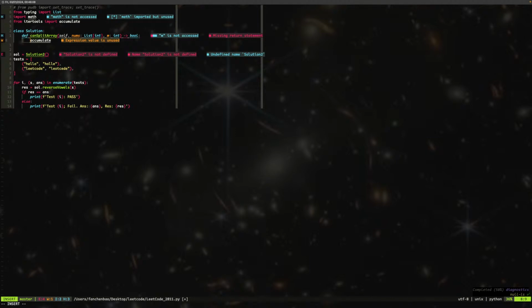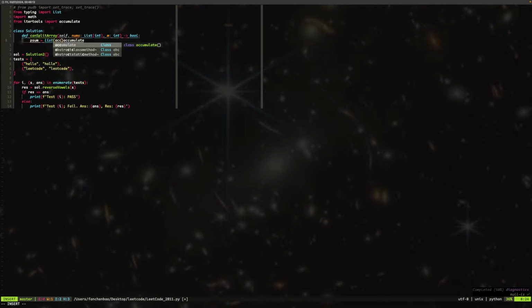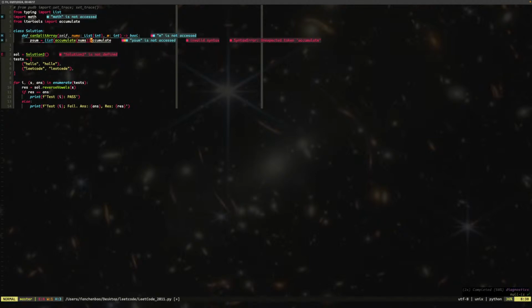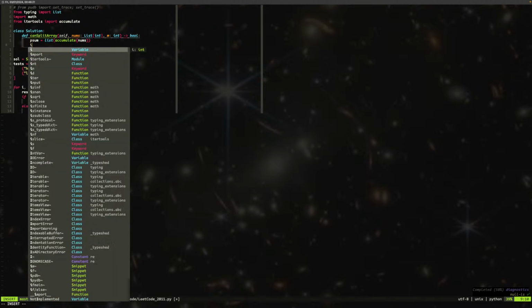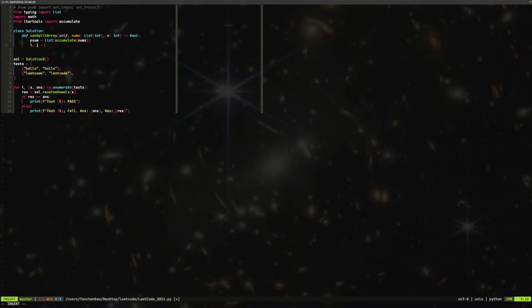Right, so we're going to say psum equal to list accumulate nums. Okay, so now we have this, and we have i, j equal to 0 and len nums minus 1,